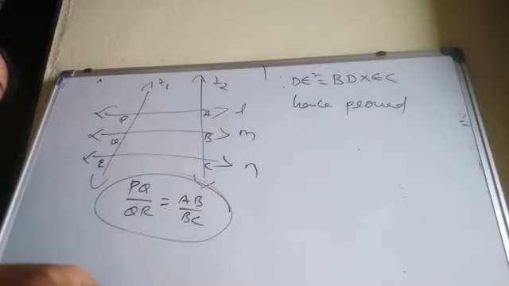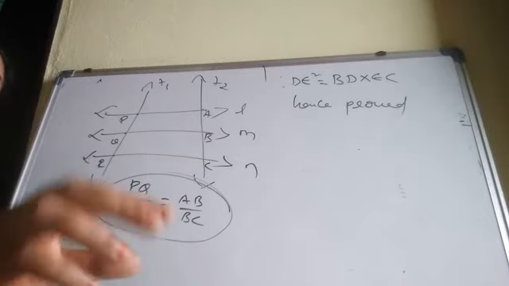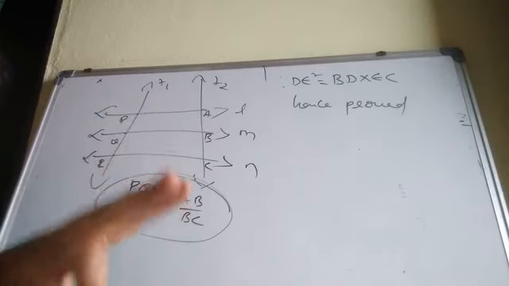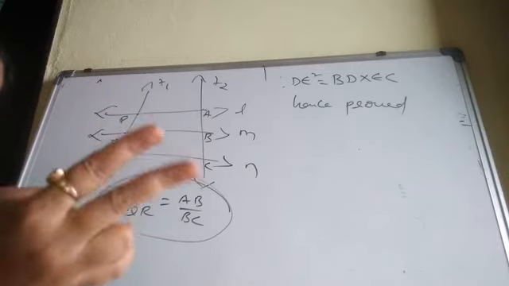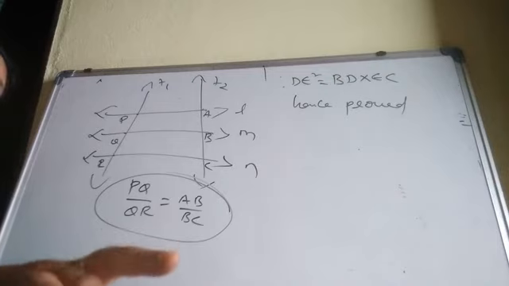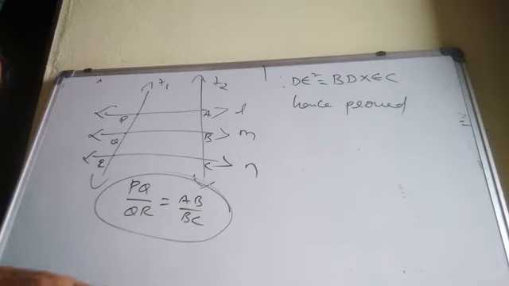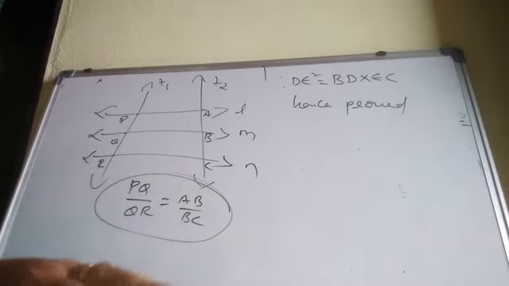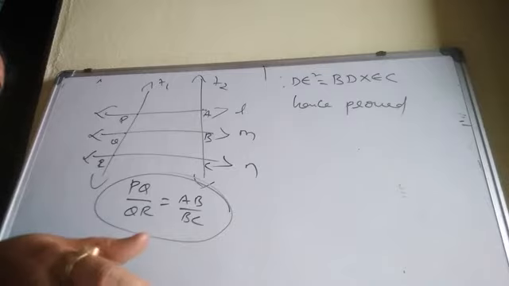Coming to the last exercise, what you learn? Theorem. Areas of similar triangles. Every time we will take only 2 triangles. We have to prove that 2 triangles are similar. But in fourth exercise, already the triangles are similar. No need to get confusion. In the question also I will mention, these 2 triangles are similar. Find the side, otherwise area, ratio of the areas of 2 similar triangles by using the condition.